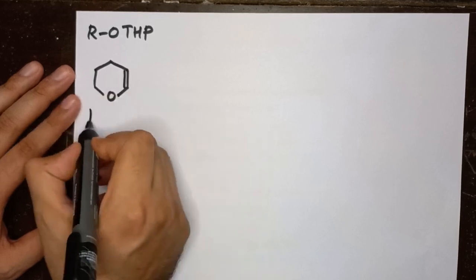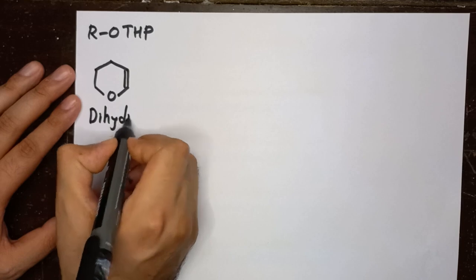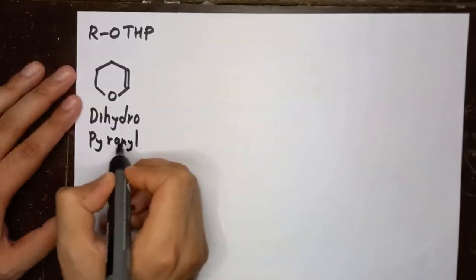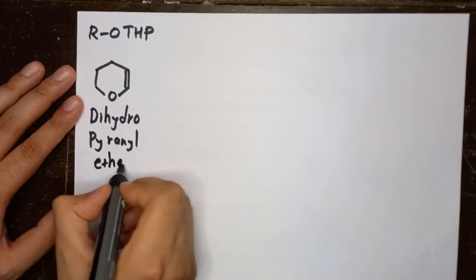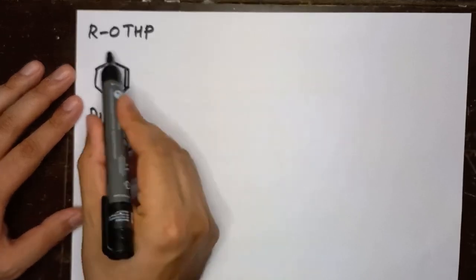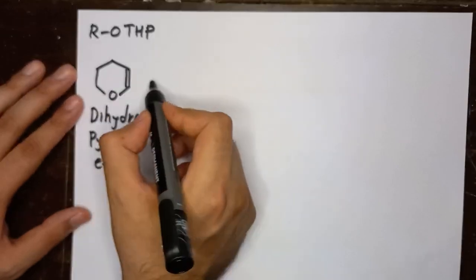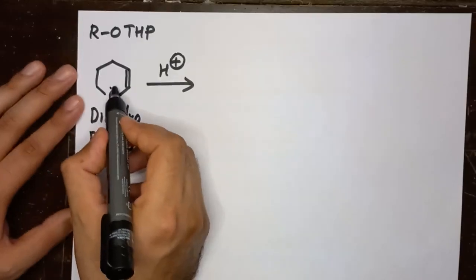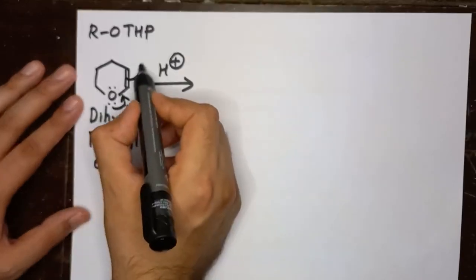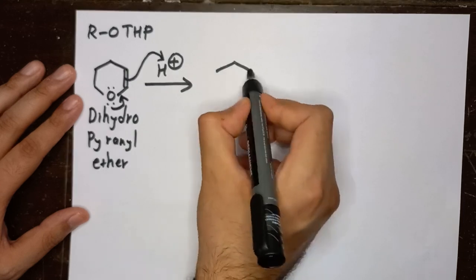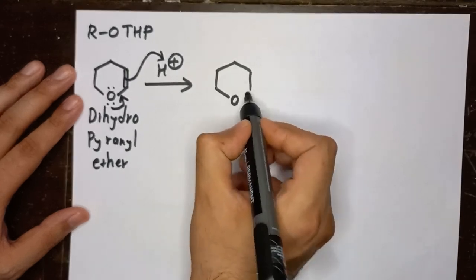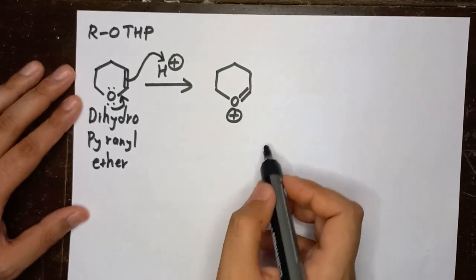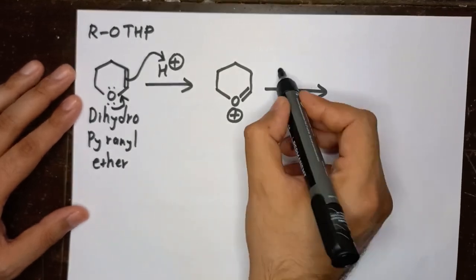Okay, so this is what we call dihydropyranyl ether. Now this particular molecule under acidic medium, so this oxygen lone pair will form a double bond here, and then this double bond will grab this proton. So we have generated this particular molecule. Now further the alcohol will come,